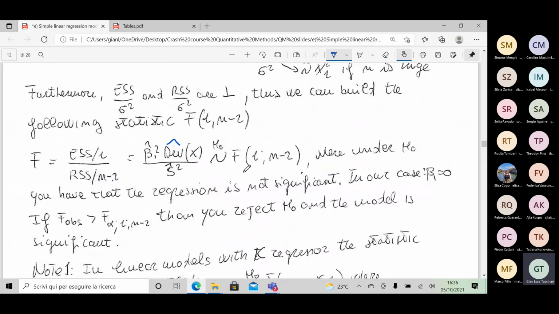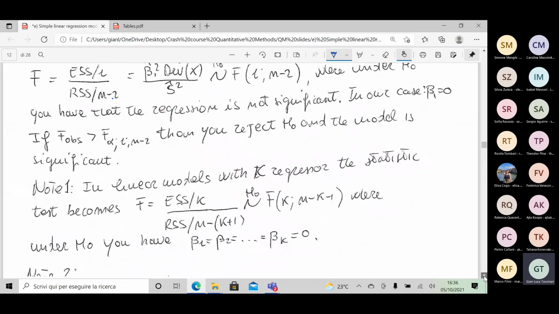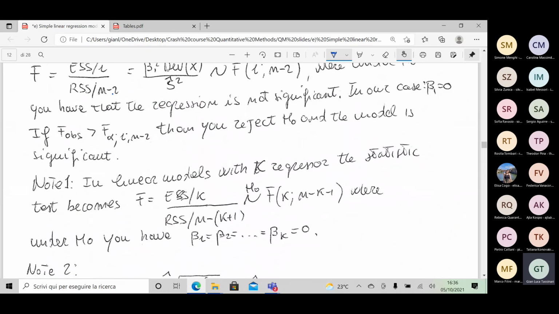yes, we derived this result, and I told you that in a model with k regressors, you have this test statistic to use. The explained sum of squares divided by k, divided by the residual sum of squares divided by n minus k minus 1, follows an F of Fisher with k and n minus k minus 1 degrees of freedom. This test statistic is the one you need to use when you want to test if your regression is significant, that is, if beta 1, beta 2, beta k are equal to 0. Keep this in mind, and now I go back to the table,